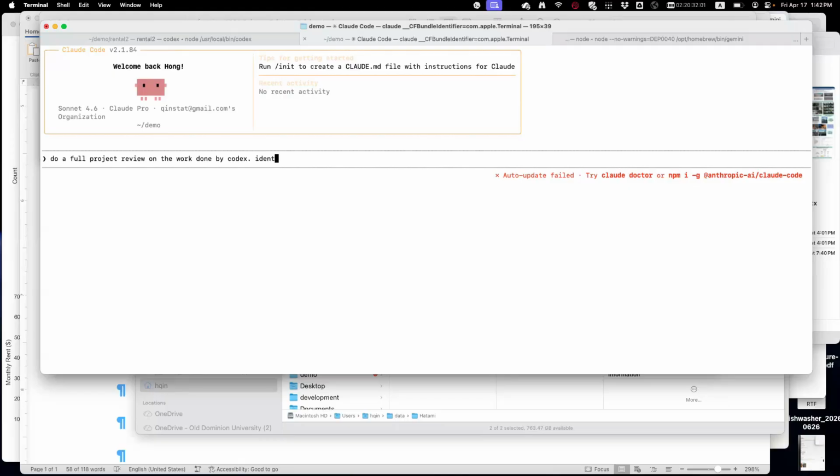Identify issues and errors, and suggest how to improve it. Save your list of issues to the memory directory.